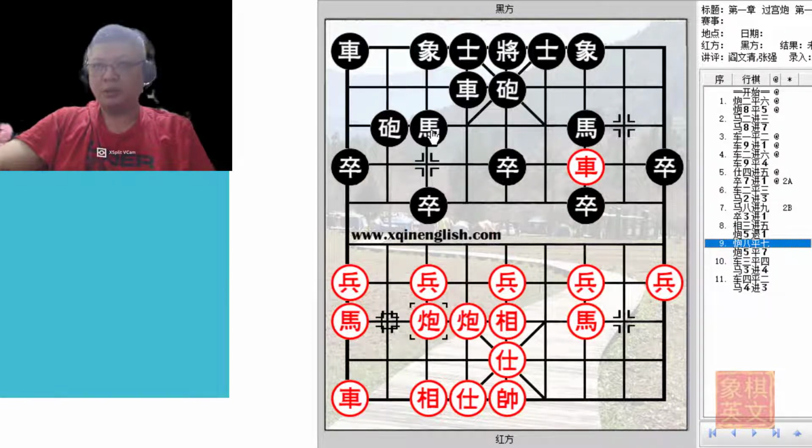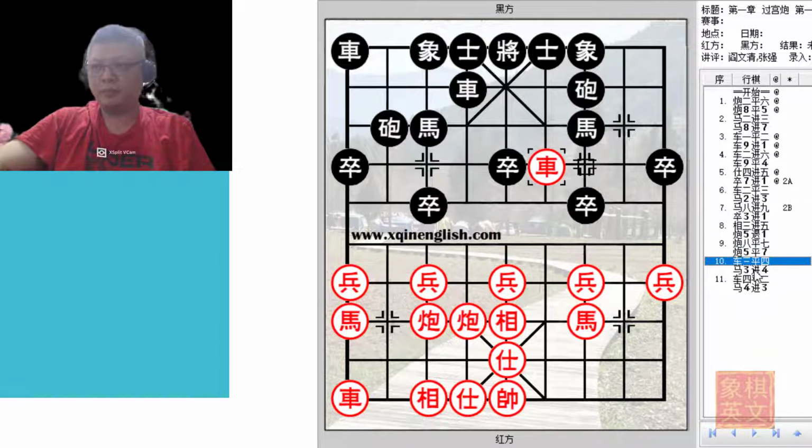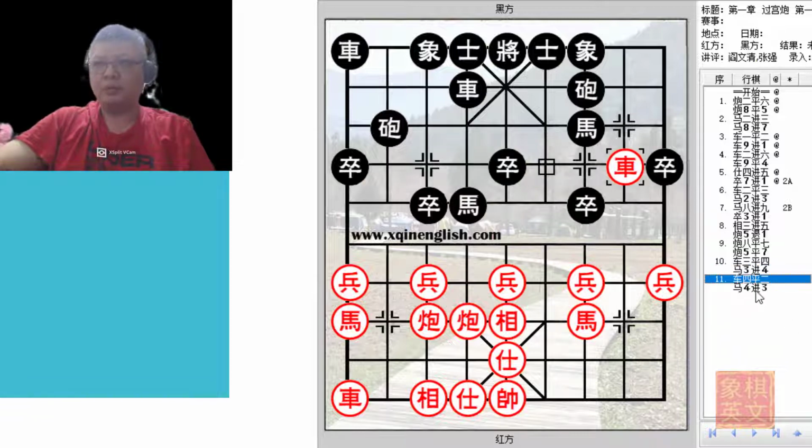H8+7 to target the horse, dislodging the red chariot. And then Black could offer a trade of material with H3+4. Usually Red would not want this to happen, but as can be seen by the 11th ply, the red chariot